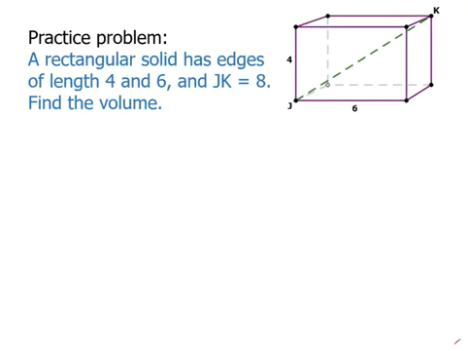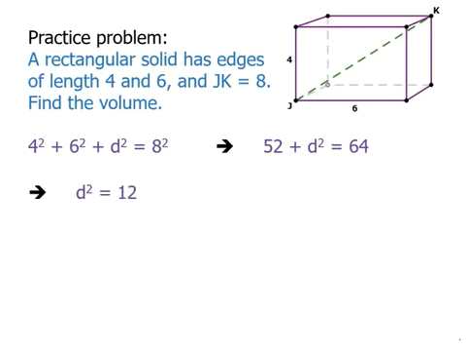Okay, let's talk about this. We have the length of two edges, and we also have the length of the space diagonal. So we don't know what that depth is, but we know that 4 squared plus 6 squared plus d squared equals 8 squared. So 4 squared is 16 plus 6 squared is 36, add those together, that's 52, equals d squared plus 64. D squared equals 12, so d equals square root of 12, or we can simplify that to 2 square